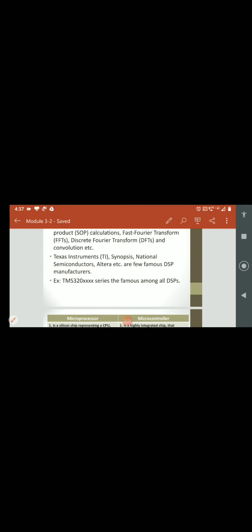That is what we have mentioned in the microprocessor definition in the previous slide. Whereas the microcontroller is a highly integrated chip that contains CPU, RAM, SPRs, GPRs array, and on-chip ROM or flash memory for program storage, timer, interrupt control units, and dedicated I/O ports. They form the microcontroller part.